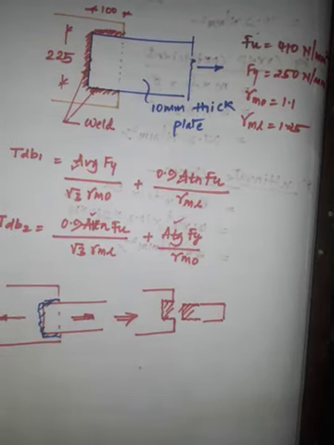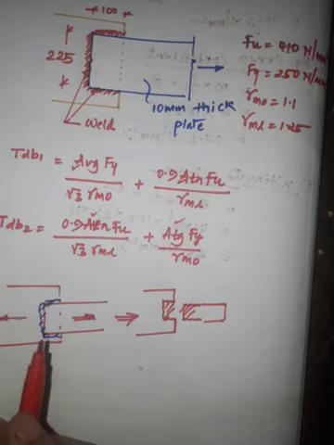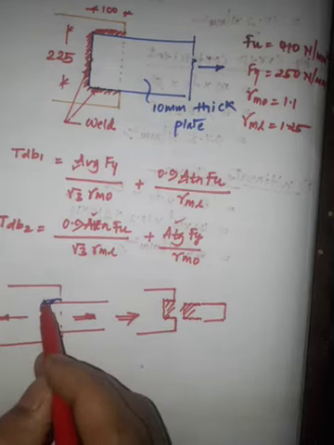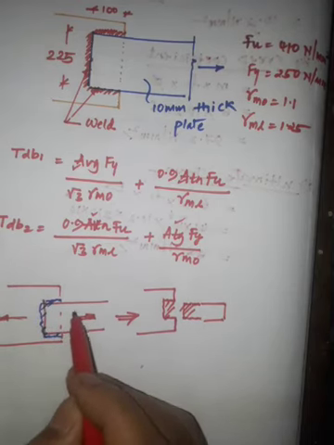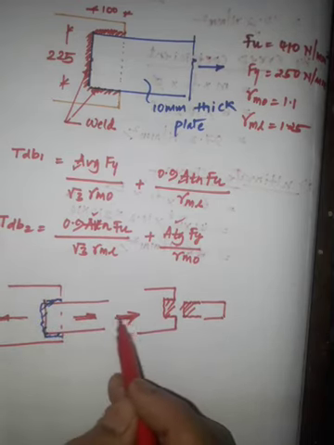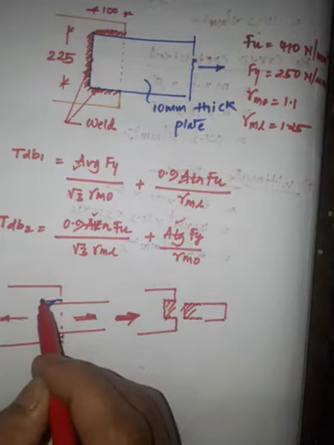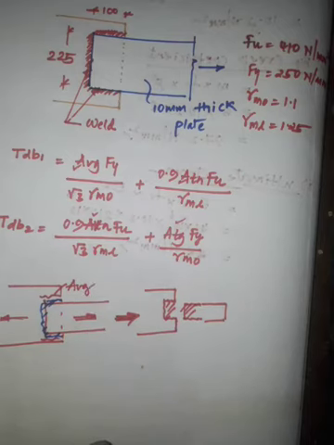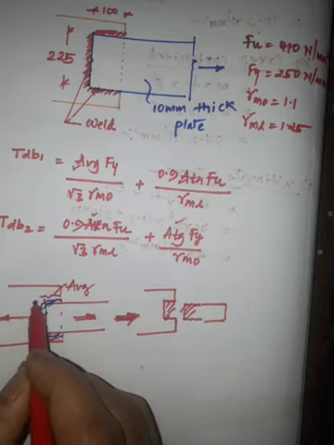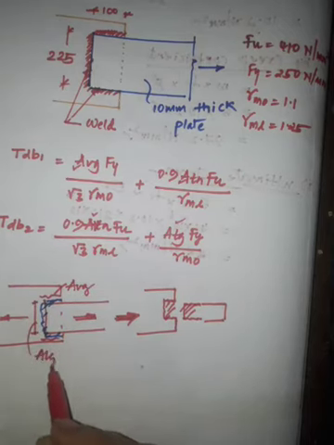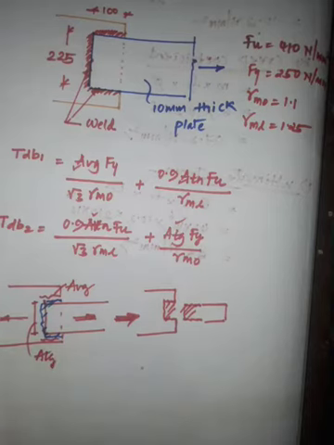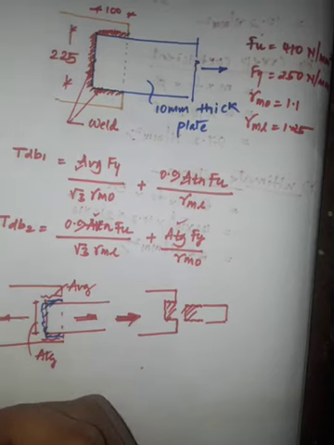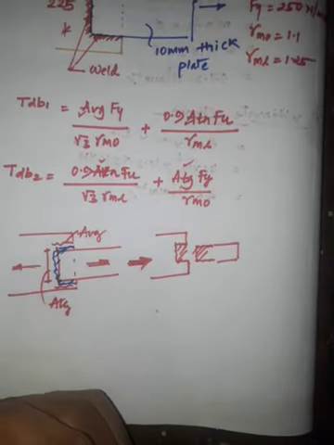Now the area you have to consider: AVG is the area, the line or segment along the direction of force, like this. So this will be for AVG. And this part from here to here we have to consider for ATG. Understood? AVG, AVN and ATG, ATN. So we will calculate for that.